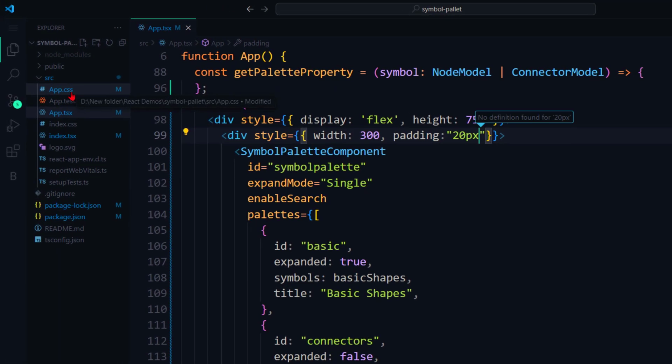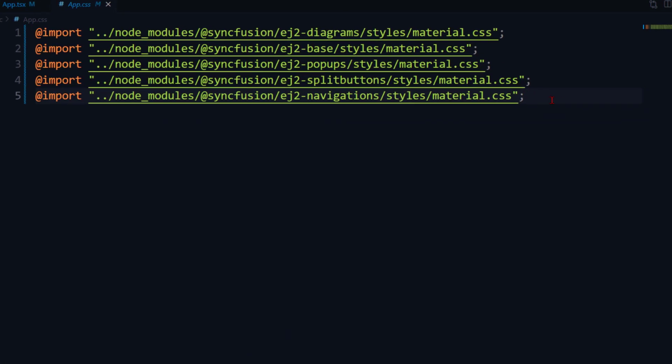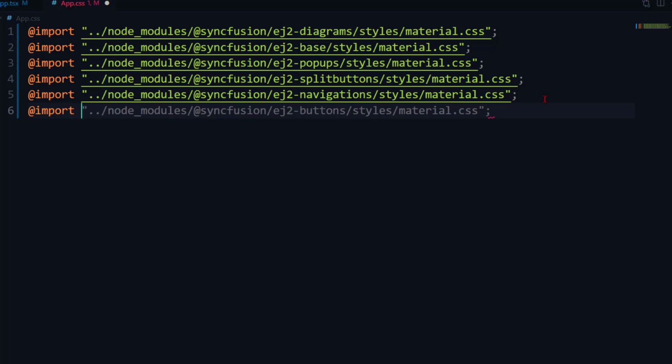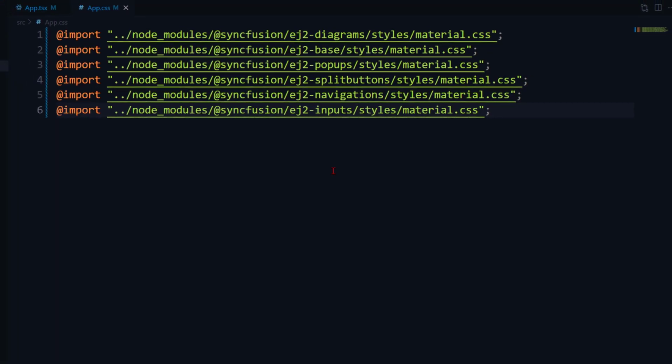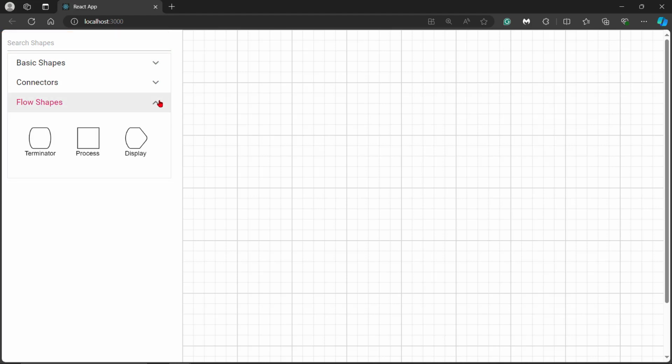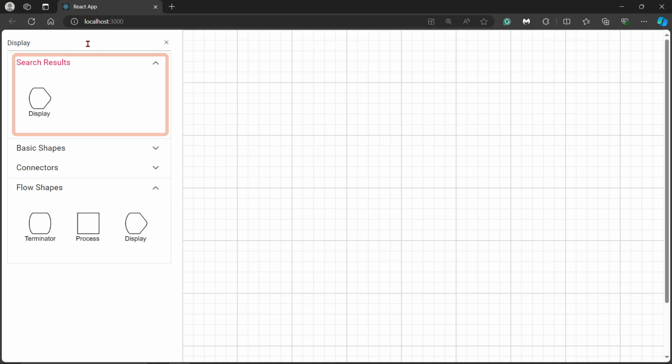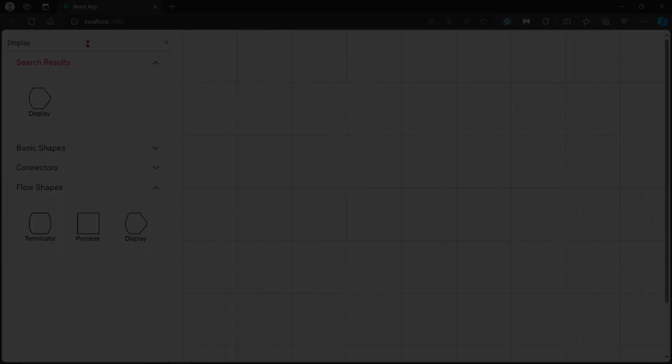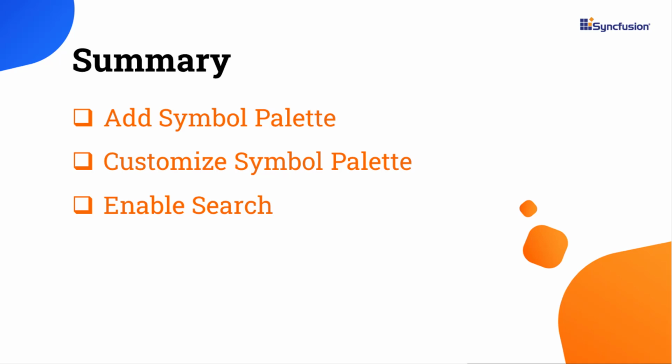To style the search bar, I open the app CSS file and import the Syncfusion EJ2 input styles reference. Now the search bar is displayed on top. If you type in a symbol name, the relevant symbols are filtered. That's how easy it is to add and style a symbol palette in the Syncfusion React Diagram component and customize